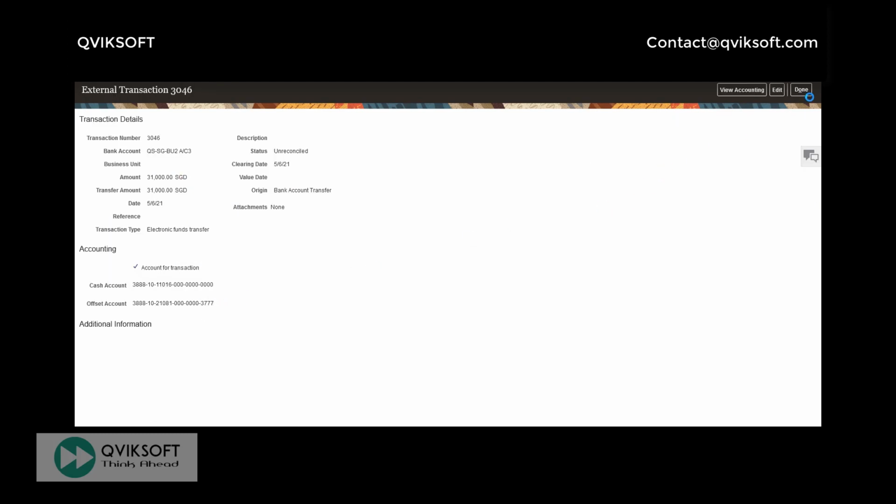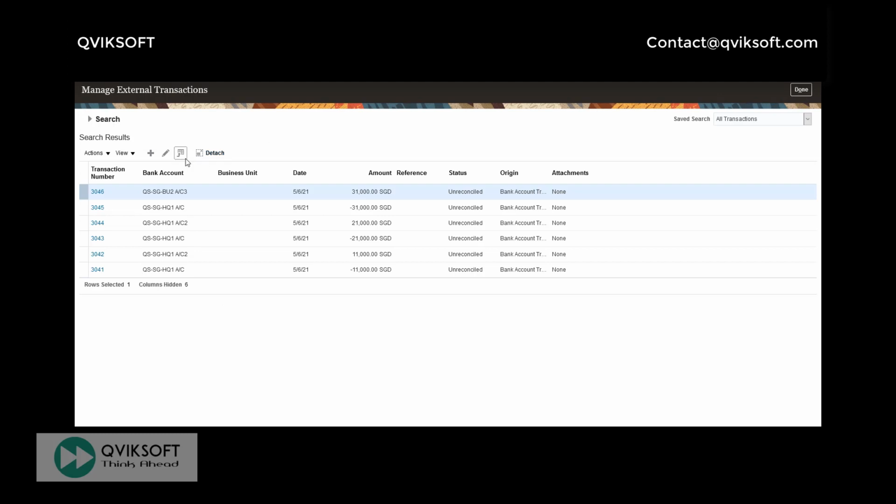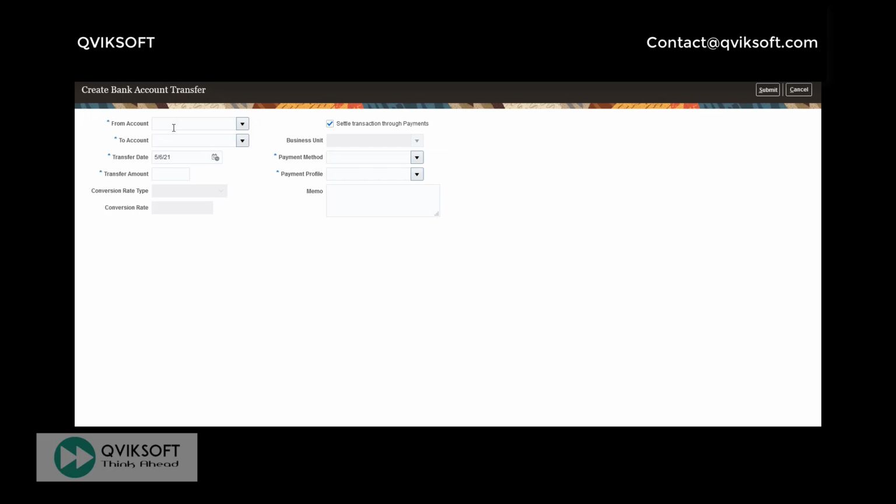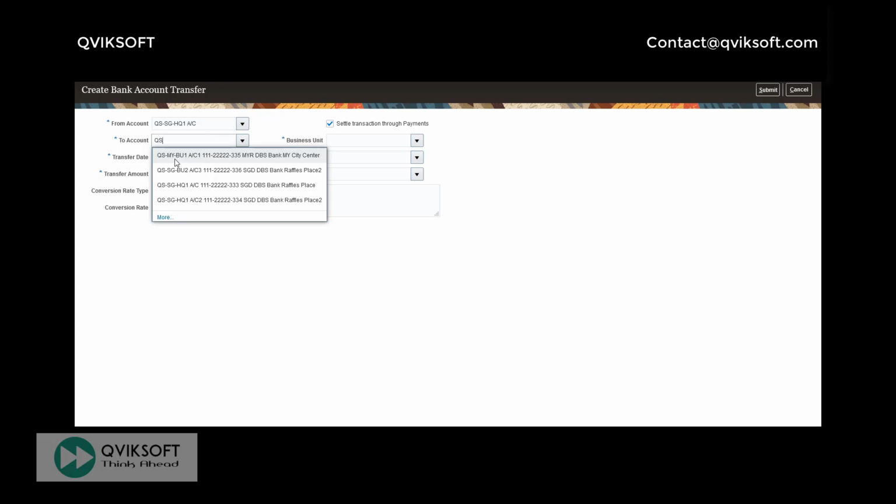So far what we have done is transactions within a legal entity and within a legal entity across different business units. Let's do across legal entity as well. Let me add now one more transaction from the same account. This is my account, and now I'm sending it to my Malaysia company, which is QSMY. There, the BU1 account.